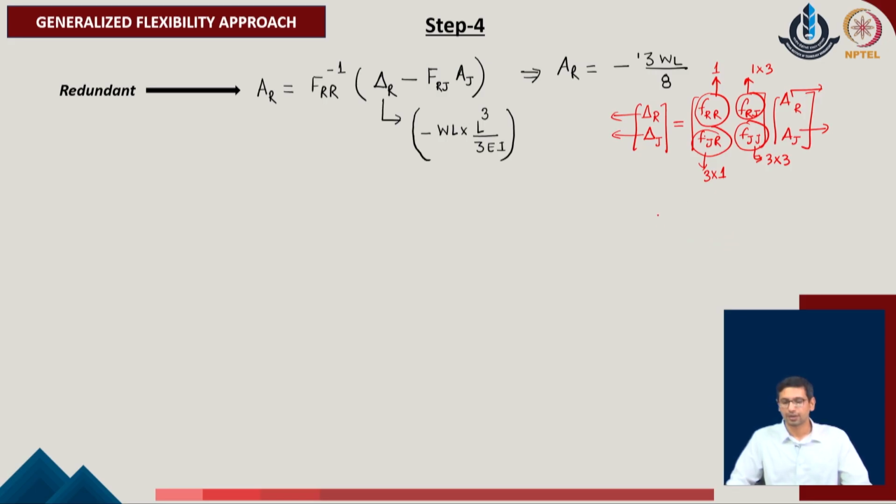What we realize is that delta of R is one parameter which is known to us based upon the compatibility condition. Delta of J is the unknown parameter, so we need to evaluate it. A of J is also known to us, because these are the joint forces which are active in the degrees of freedom which are free to take place, and A of R is the unknown redundant value which we want to evaluate. So, we have 2 values known and 2 values unknown. By writing 2 sets of equilibrium equations, we can evaluate the given system.